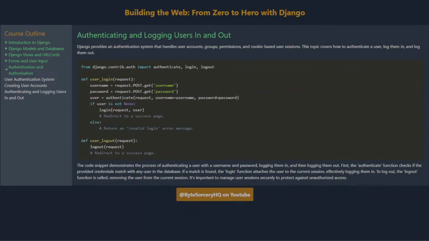Authenticating and logging users in and out. Django provides an authentication system that handles user accounts, groups, permissions, and cookie-based user sessions. This topic covers how to authenticate a user, log them in, and log them out. The code snippet demonstrates the process of authenticating a user with a username and password, logging them in, and then